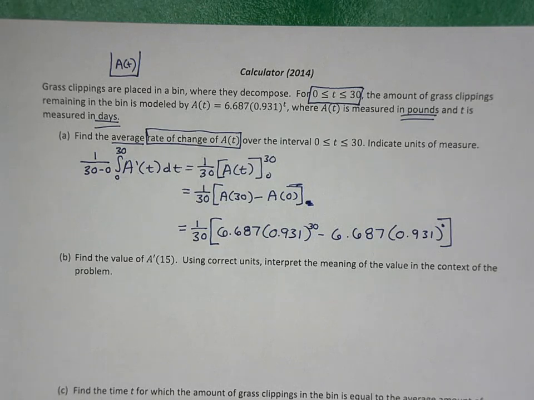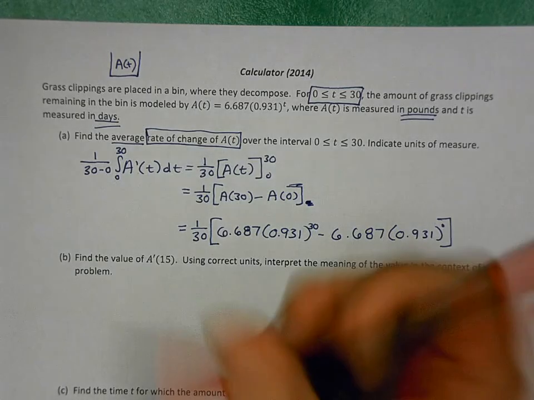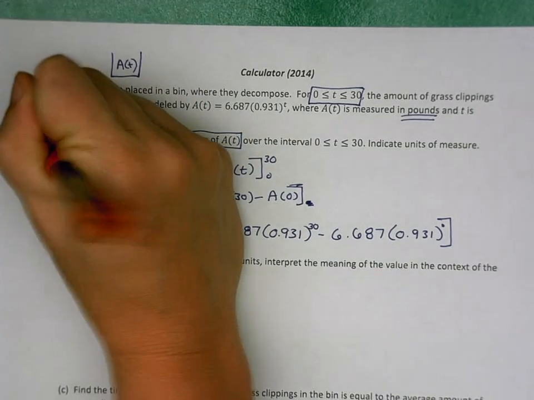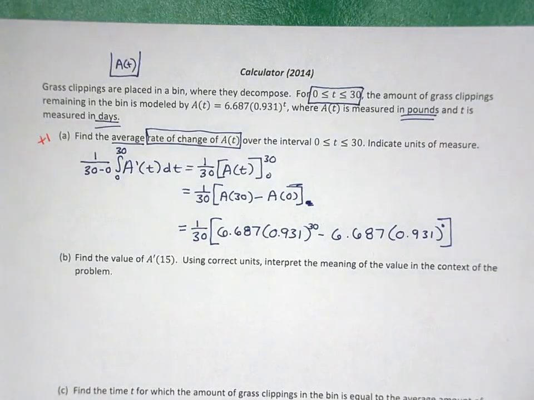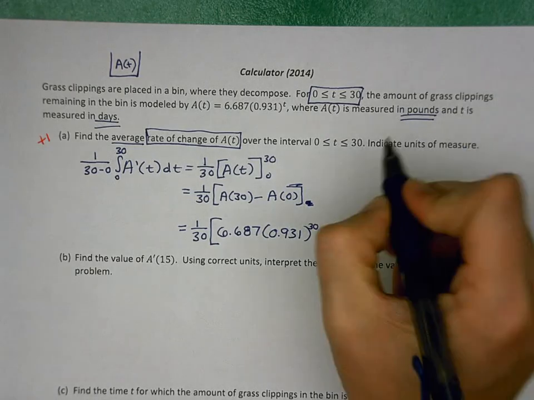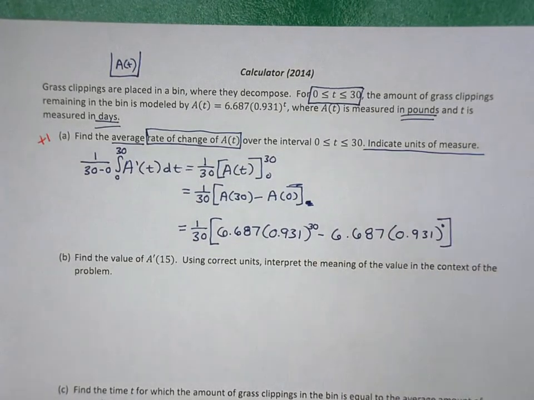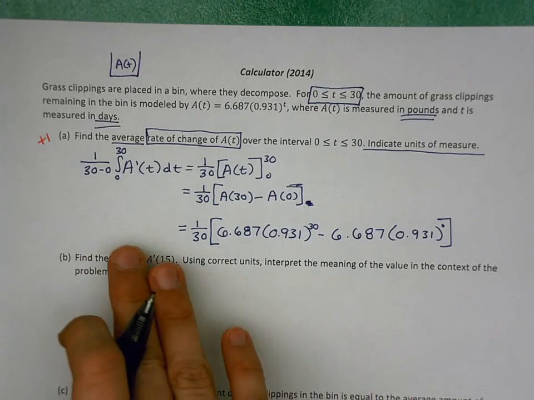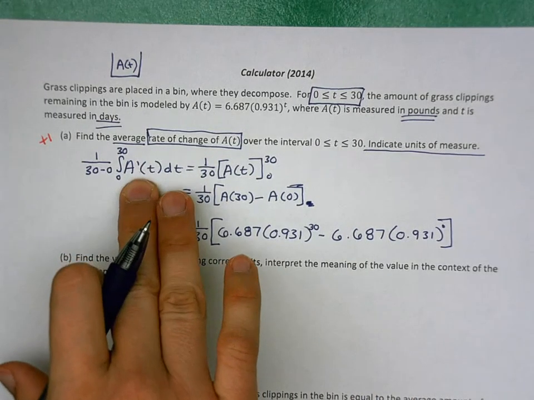Oh, by the way, this one was worth 1 point. Let me pull out a pen here so I can continue to notate those things. 1 point for the answer. Final thing here, to earn that point, the other thing we do have to do is make sure that we indicate our units of measure. If we had left that off, we would lose that point. And so we've just found the average rate of change. So we had A prime plugged in here, which was